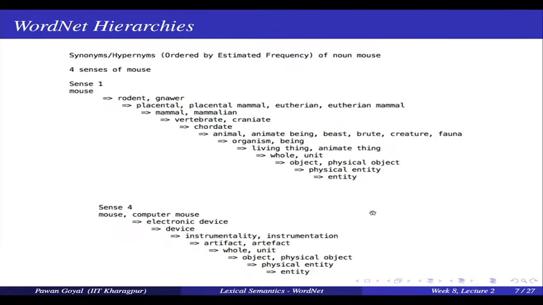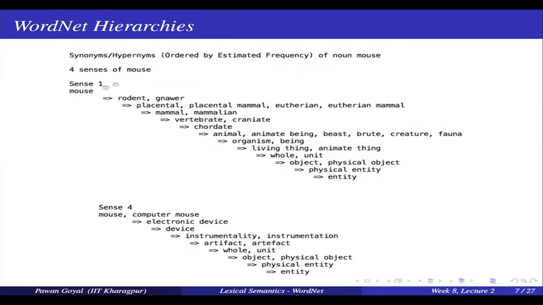Further, in WordNet you can also capture the complete hierarchy of a given concept. What do I mean by hierarchy? Starting from the root node in WordNet, how do you go down to that particular word? What are the different concepts that you need to pass through, and you can find this for all the different senses of a given word. That's why we said that WordNet is a very hierarchically organized database, so you can locate each concept, each synset, in that complete hierarchical